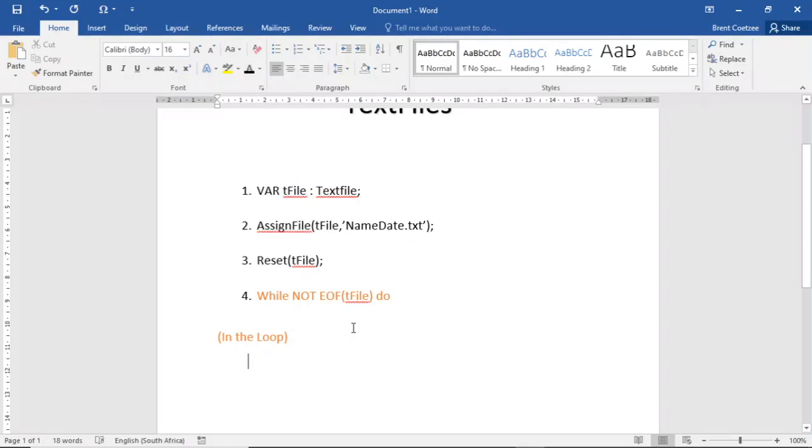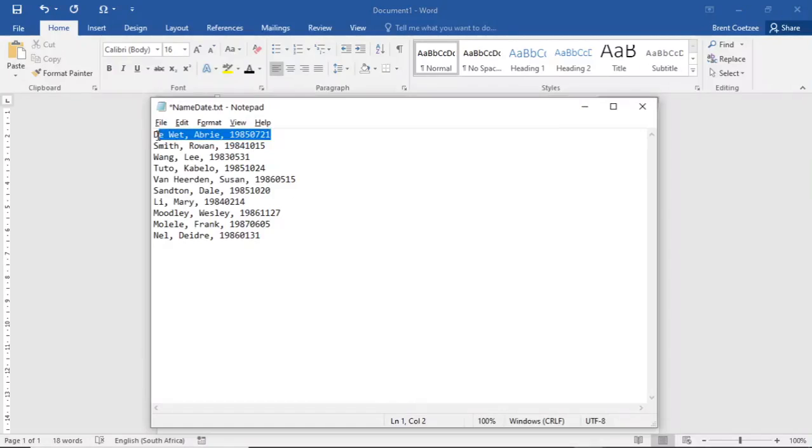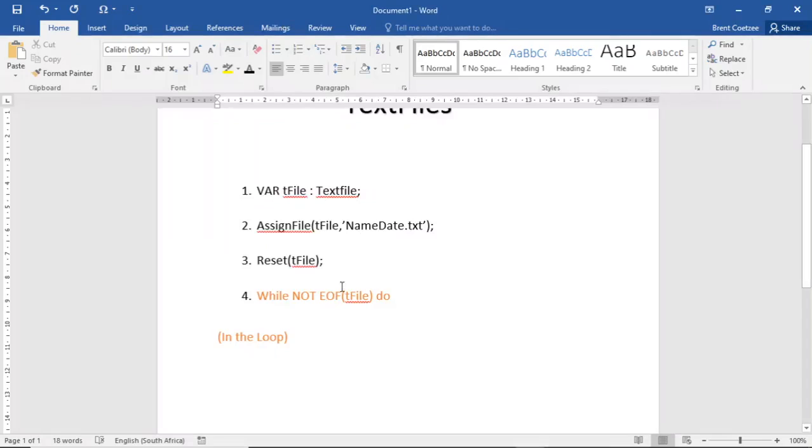Now that we're inside the while loop, first things first, let's read the first line. Let's take it out so that we can work with it. So there's the first line from our text file. Remember, I told you that we can't take it all at once. We have to take one line at a time. So we start with line number 1, of course. And there's a special procedure called ReadLine, which is going to take this entire line out of the text file and place it into a variable that we can work with. So that procedure is called